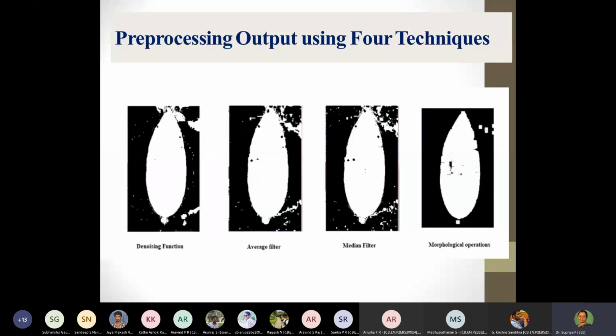And another thing that most of you might ask me is, how do we conclude that just by the naked eye? Can we make some conclusions? No, that is not the right way. We need to go for some indices. We will be discussing about those indices, but at present we will be using the naked eye. So from the eye appearance, this looks to be better, but we need to verify it with some performance index to see which method is the best.